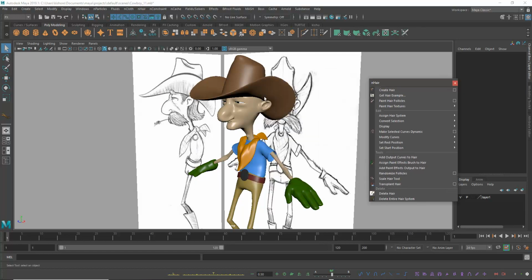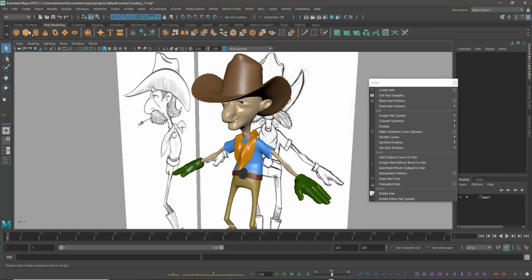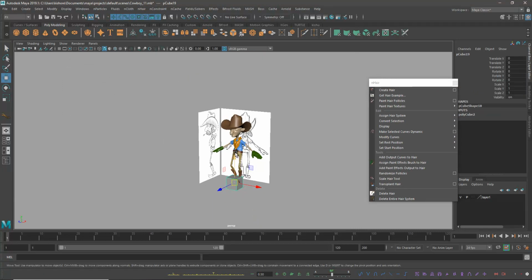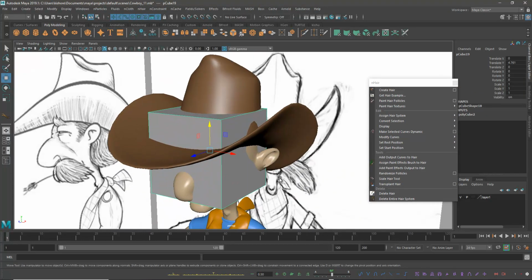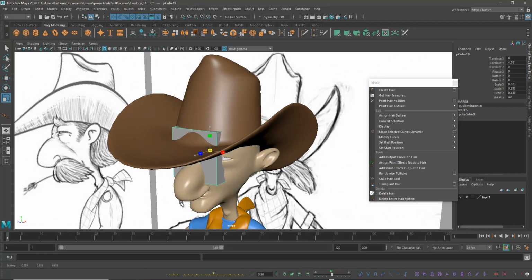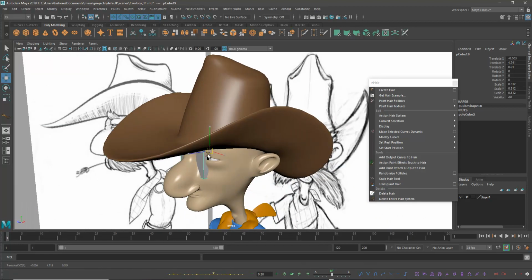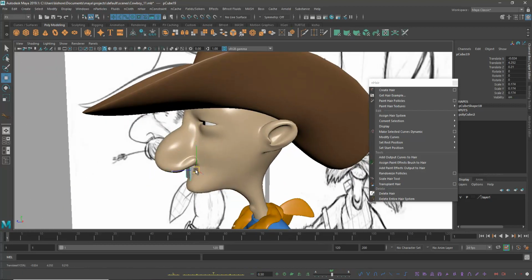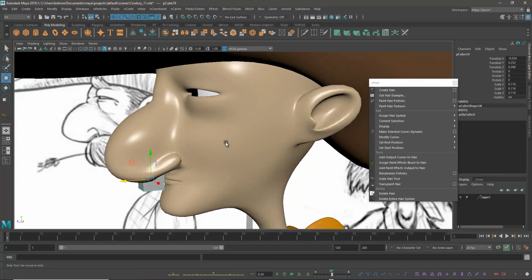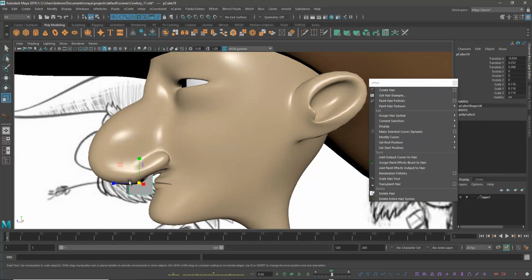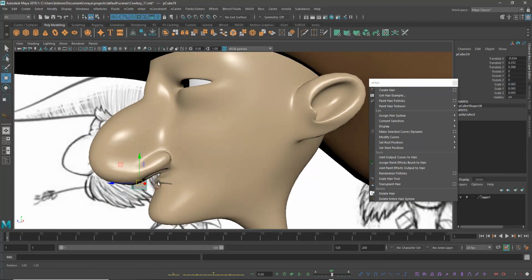Here I'm just creating a box. I'm placing it exactly under the nose. Let me make it a little smaller.